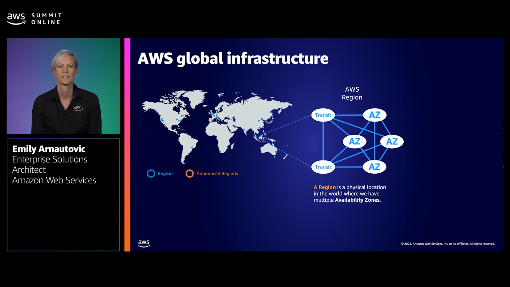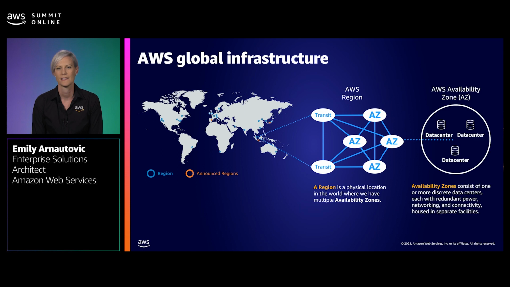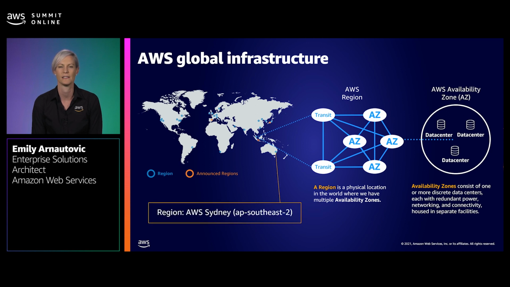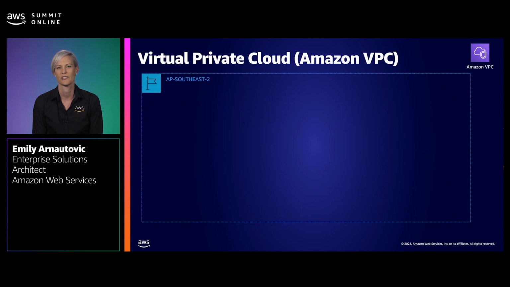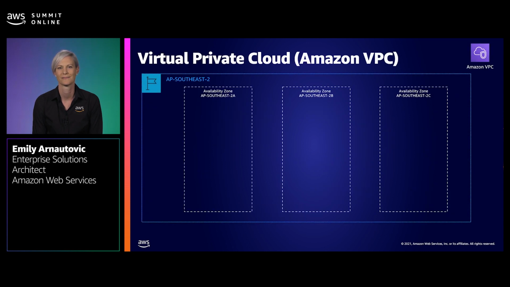An AWS region is a physical location where AWS has multiple availability zones, or AZs, with each of these consisting of one or more data centers. Since Nikki's customers are in Australia and their data will reside in Australia, we'll choose the AWS Sydney region, known as AP Southeast 2. With this region and its multiple AZs, Nikki will be able to design for high availability and reliability. The Sydney region has 3 distinct availability zones. You'll make use of 2 or more of these to meet the requirement for high availability.